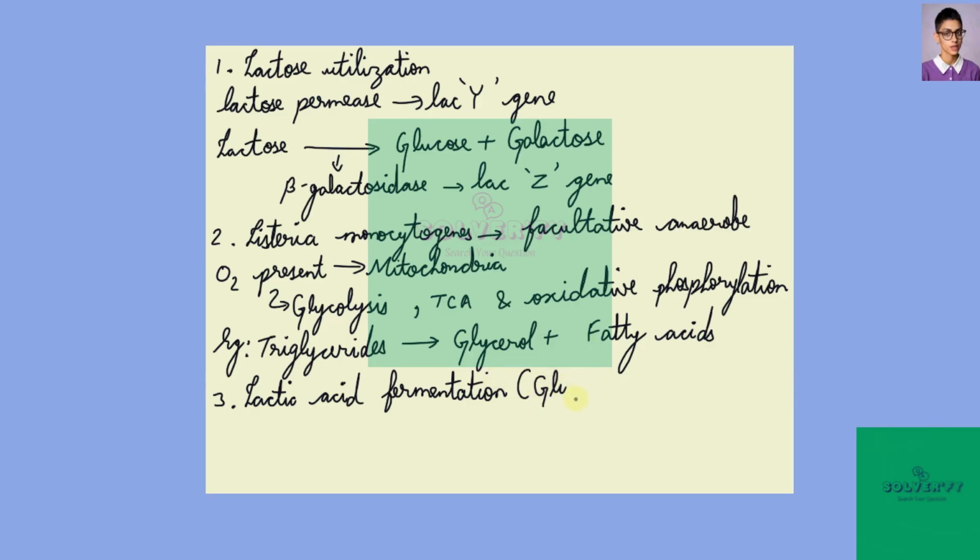This process occurs in the cytoplasm of the bacterial cell and involves the following steps: glycolysis, where glucose is converted into pyruvate, and reduction, where pyruvate is converted into lactic acid by the enzyme